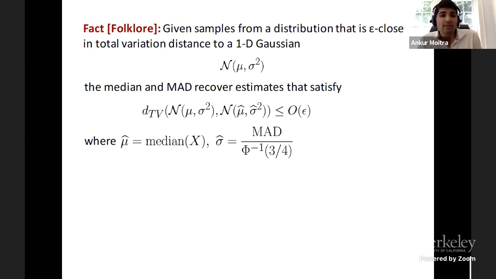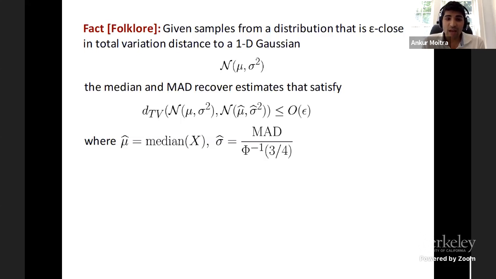All right, so what's a folklore theorem in robust statistics? This theorem is so ingrained into the DNA of robust statistics that I don't even know who proved it first, but it's very clear that many people knew this. Here's what you can show is good about the empirical median and the empirical median absolute deviation: it's provably robust. Given samples from any distribution that's epsilon close in total variation distance to a 1D Gaussian,